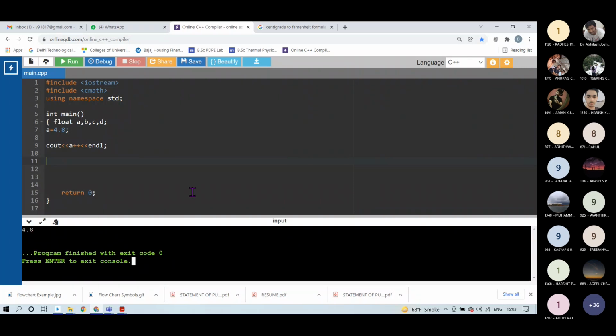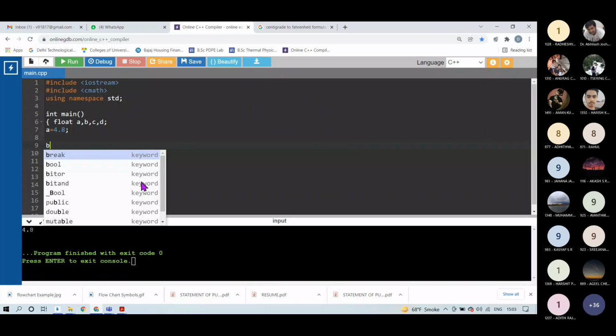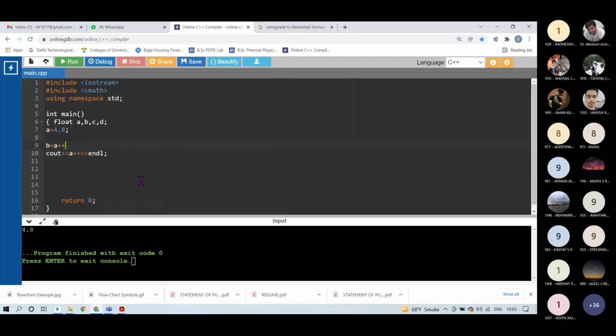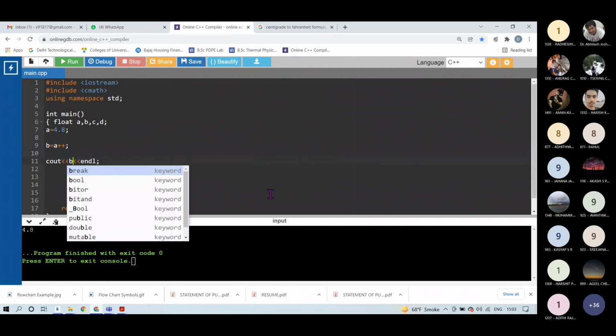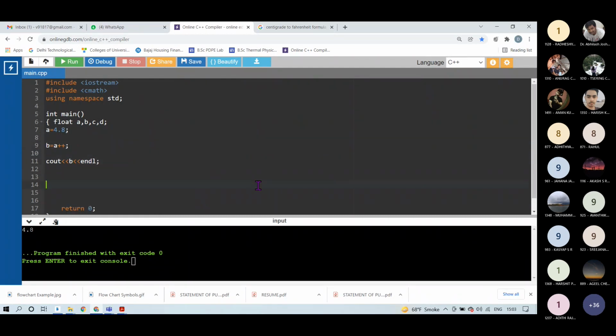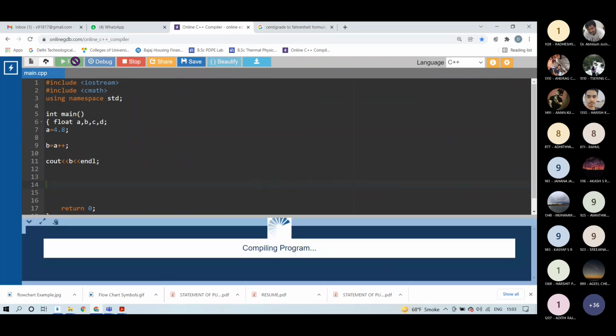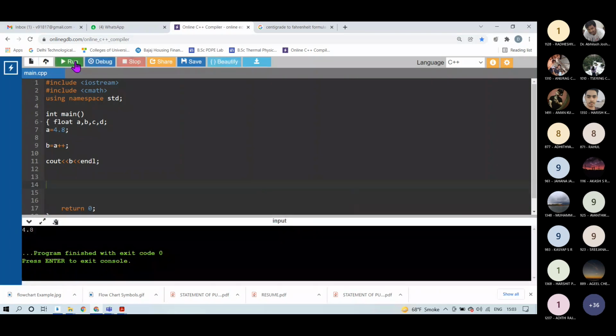That's not a problem. But suppose first I assign b is equal to a++, and then I want to take the output of this variable b. Can you tell me what the output will be now? 5.8. Why 5.8? It will again be 4.8.